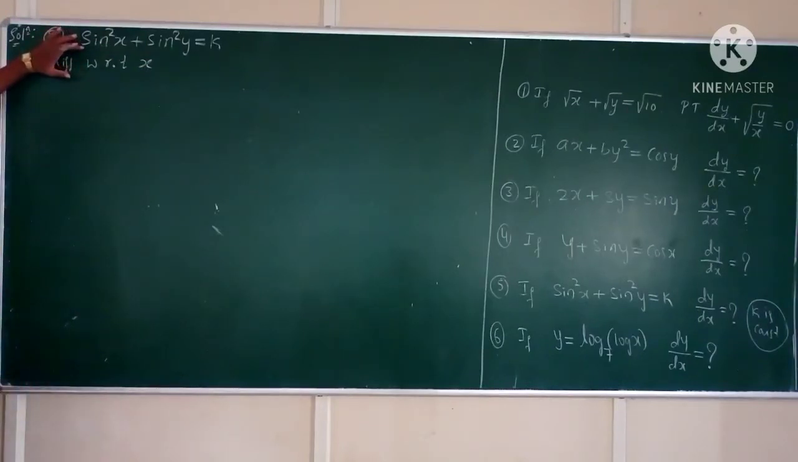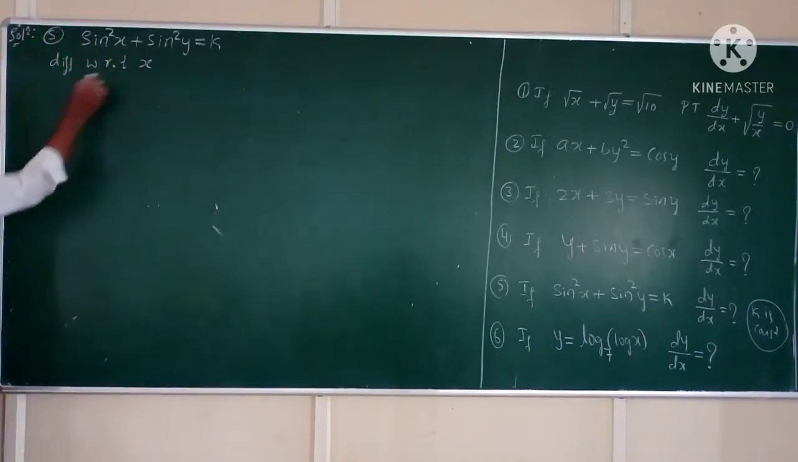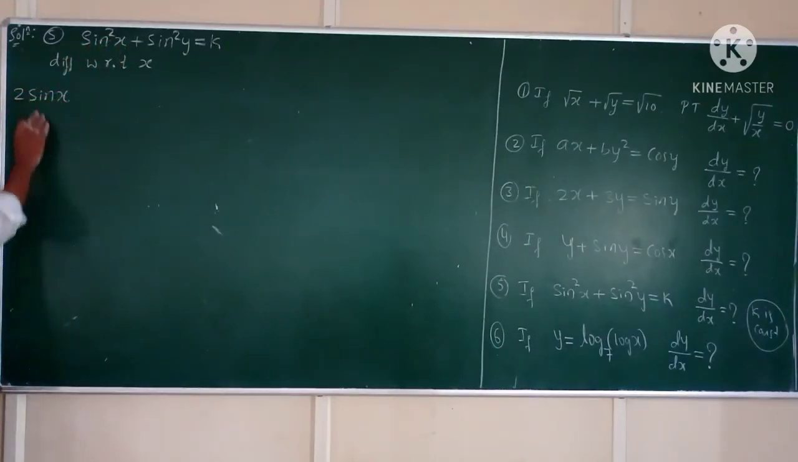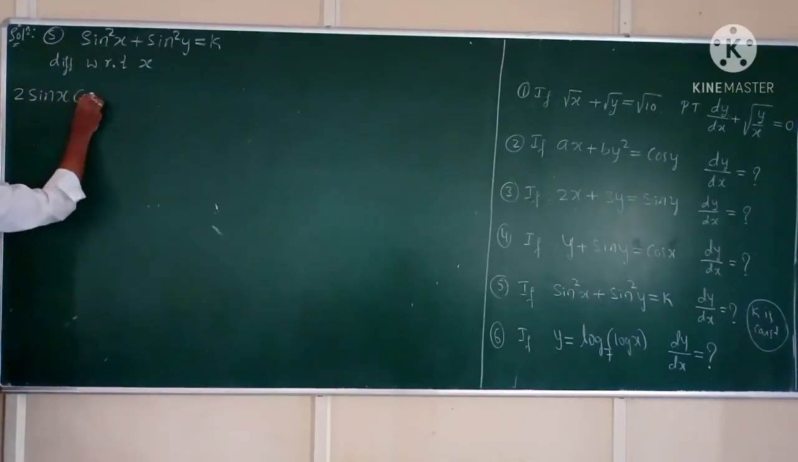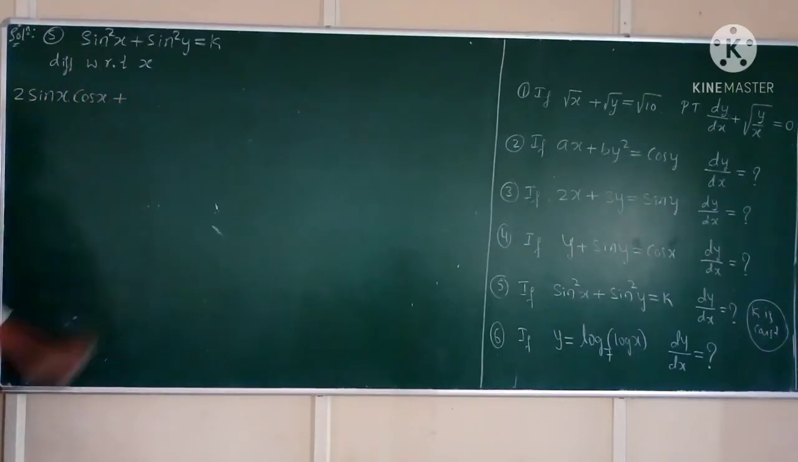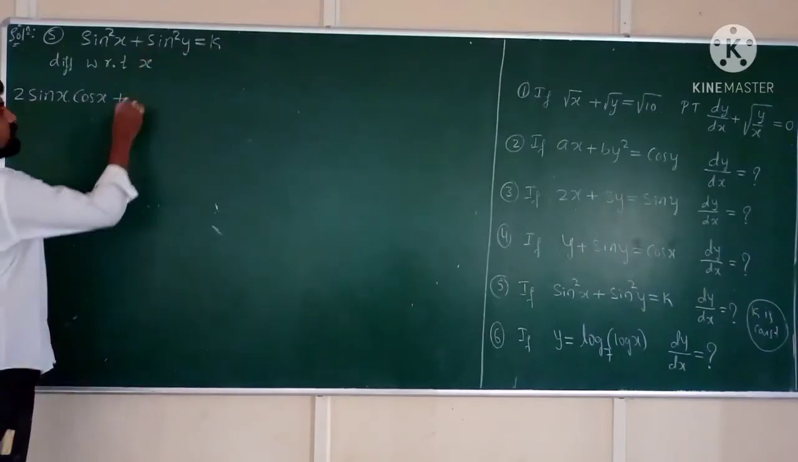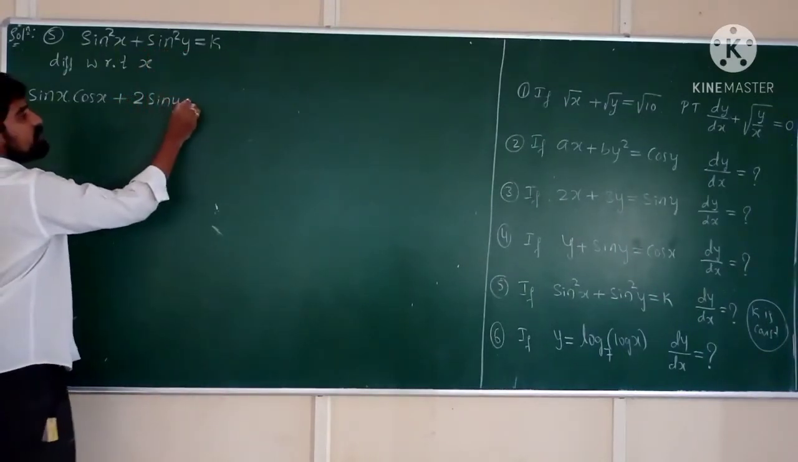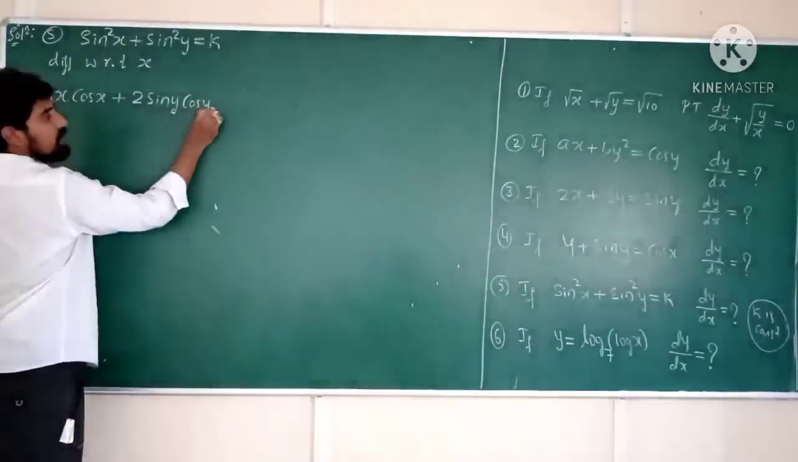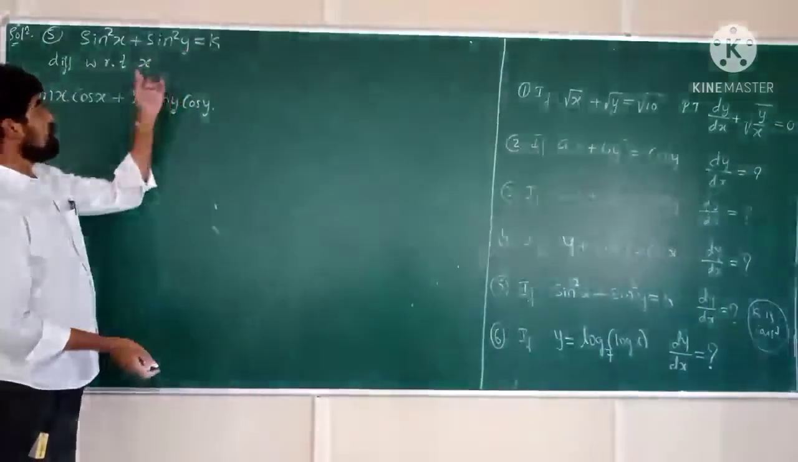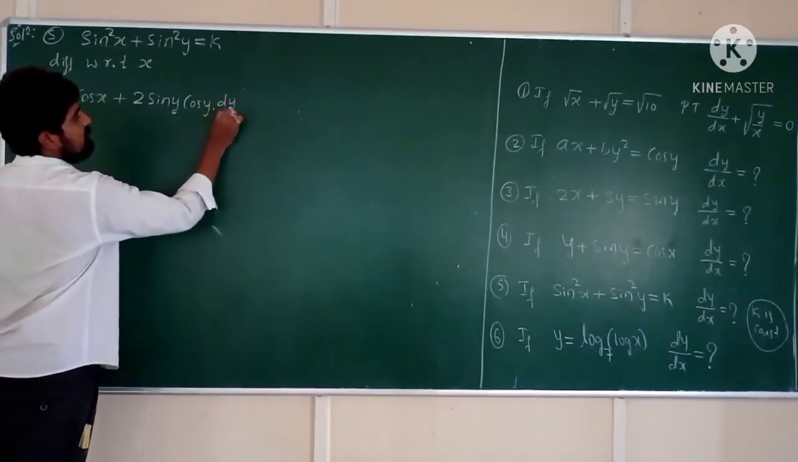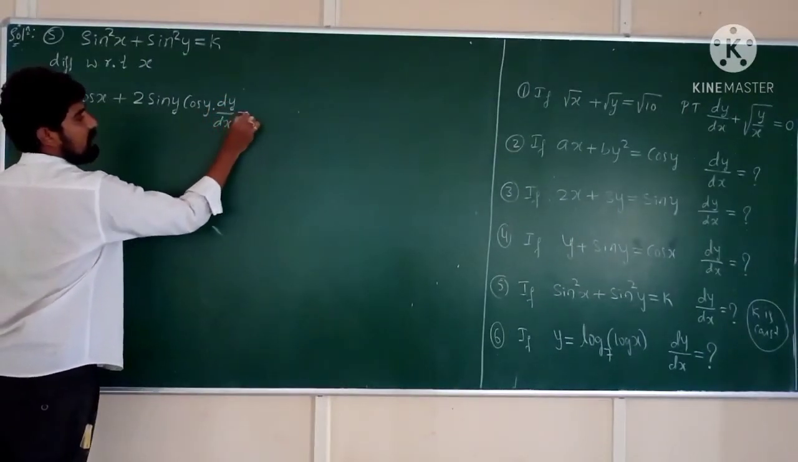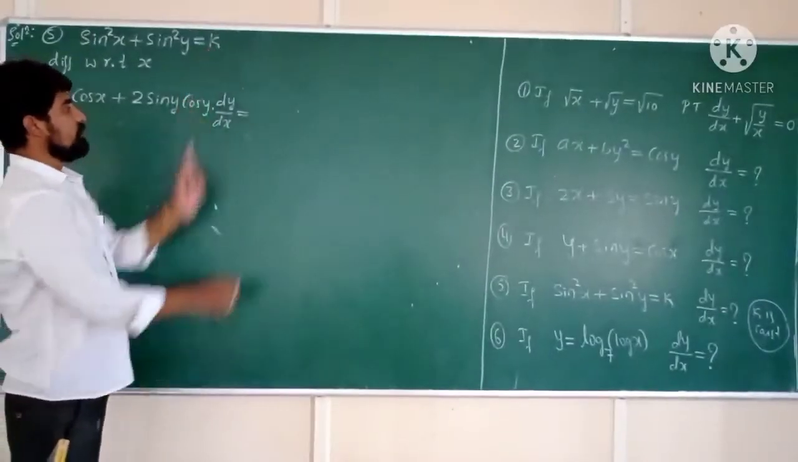So derivative of sin square x with respect to x is, first derivative of sin square x is 2 sin x, and then derivative of sin x is cos x, plus derivative of sin square y is 2 sin y, and then derivative of sin y is cos y, and then derivative of y with respect to x is dy by dx is equals to derivative of any constant is